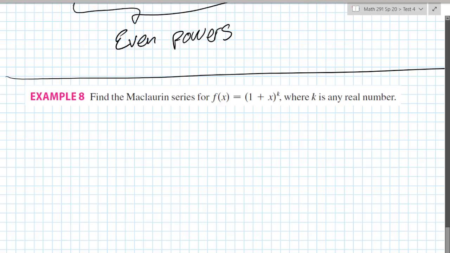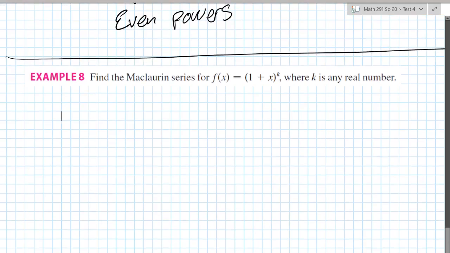Next, we want to find the Maclaurin series for f of x equals 1 plus x to the kth power, where k is a real number. So this is like a binomial to the k power. So what we need is we need to know f of x when x equals 0, we have 1 to the kth power